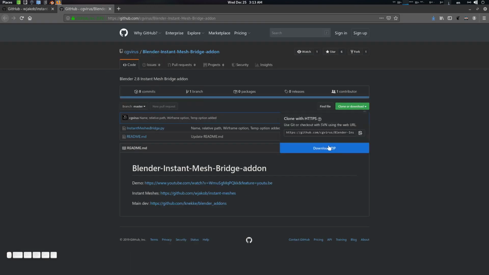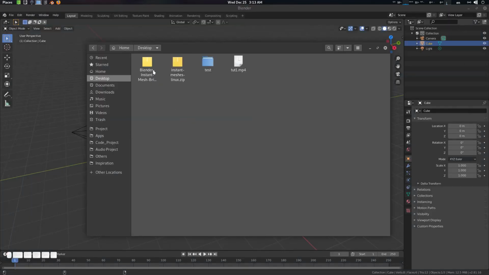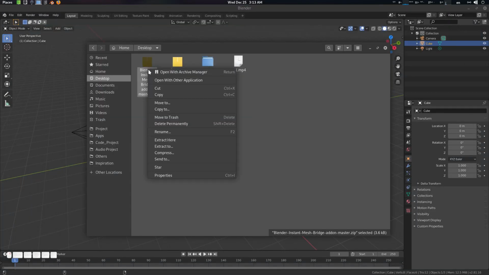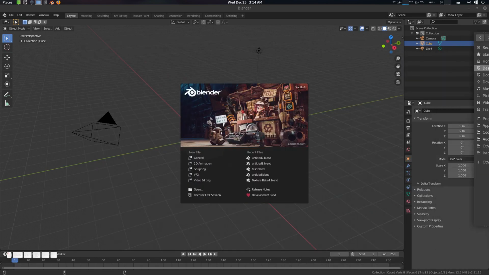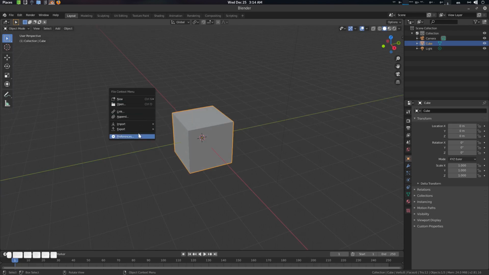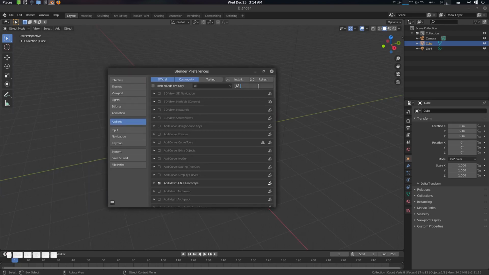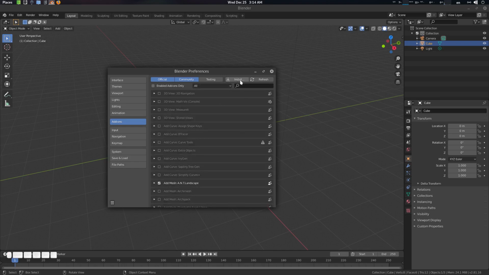Download this add-on, download the zip, and let's go here. Here you will find the add-on, so extract it, and this is Instant Meshes. Extract it somewhere safe. Then go to Blender 2.81 and open the preferences. Let me see if I have some. Yep, let's remove this one. If you have an older version, just remove it, and now let's go to install,